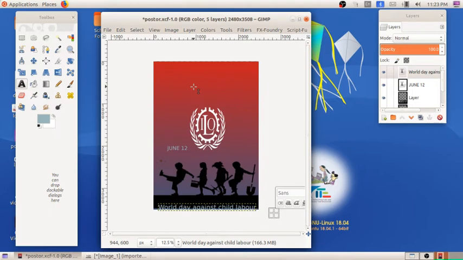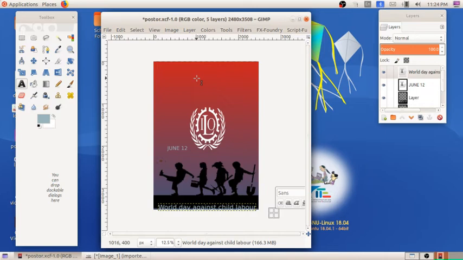We already described in the last class that there are 4 steps for creating the poster. First one is we have to set the background image. Another one is we have to add the images and all, by preparing the canvas. Next is the text. A message must be sent in the poster to give awareness to others. So what is the message? Say no to child labor.